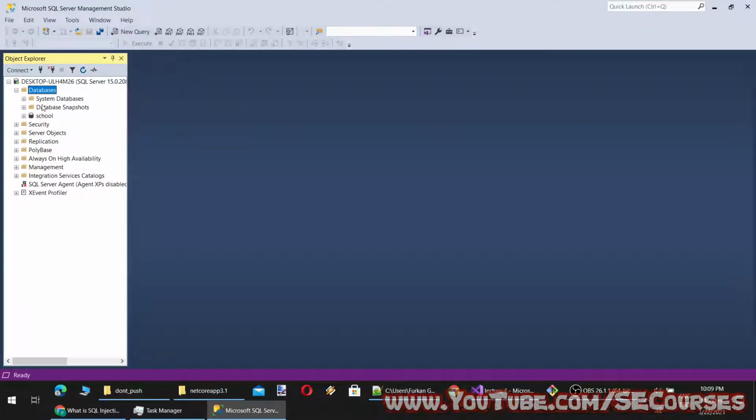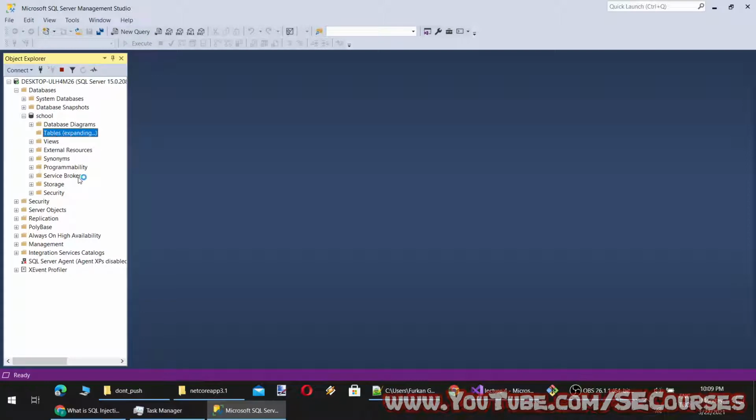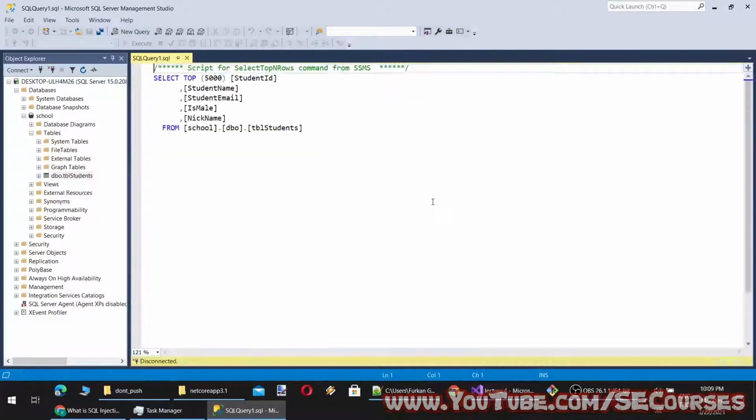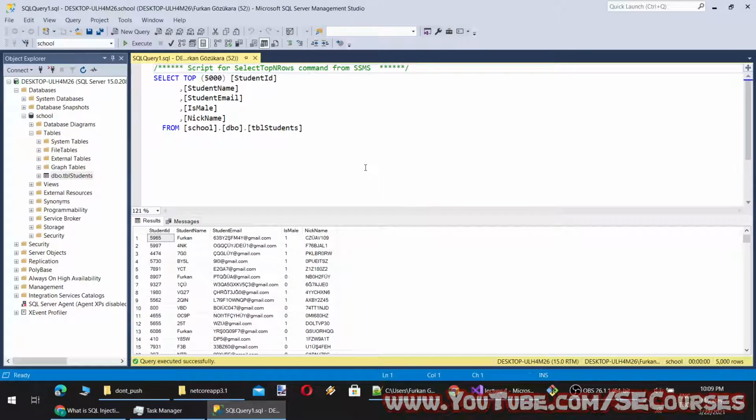So let's open our table. Okay, assume that we are allowing users to search and list students by name.